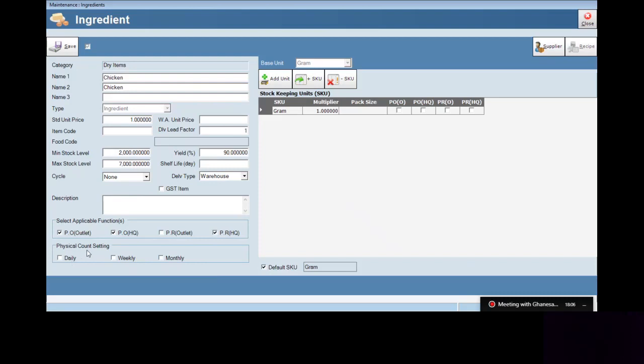All right, and here we can see the physical count setting, which means the site stock count settings. It can go for daily, weekly and monthly. If you have a daily stock count, not necessary you go for weekly. If you only go for the weekly stock count, not necessary you stick to the daily. So either one, but definitely need to go for monthly. Mostly chicken, if they want to count by daily, you just stick to the count by daily and just untick the weekly. So once this portion is done, we just click save, and the left hand portion is already saved.